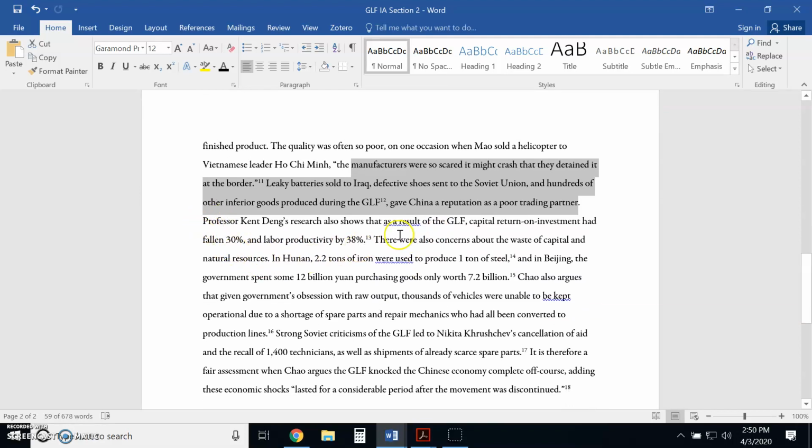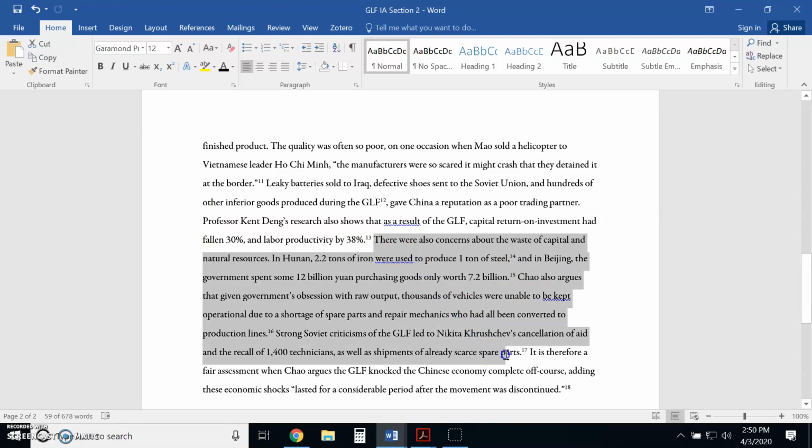And then talking about government waste, right? So a waste of resources, shortages of goods and services. So they're all being broken down into different categories. That's also a good way to avoid narration, which would get you marked down on the IA because you're not, again, you're not trying to tell